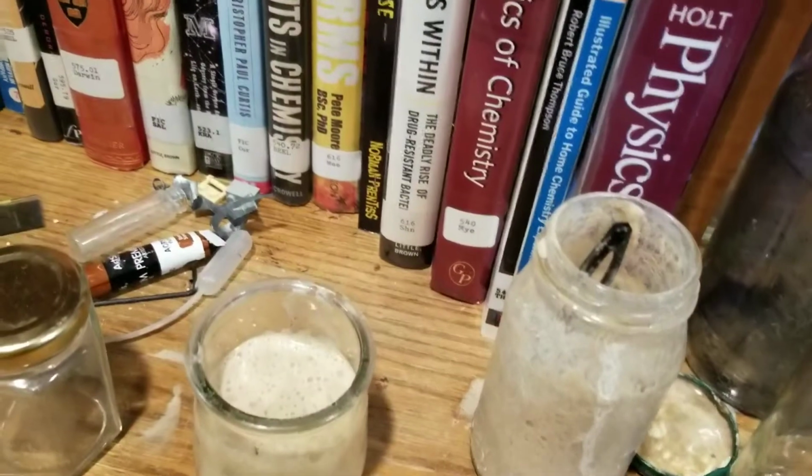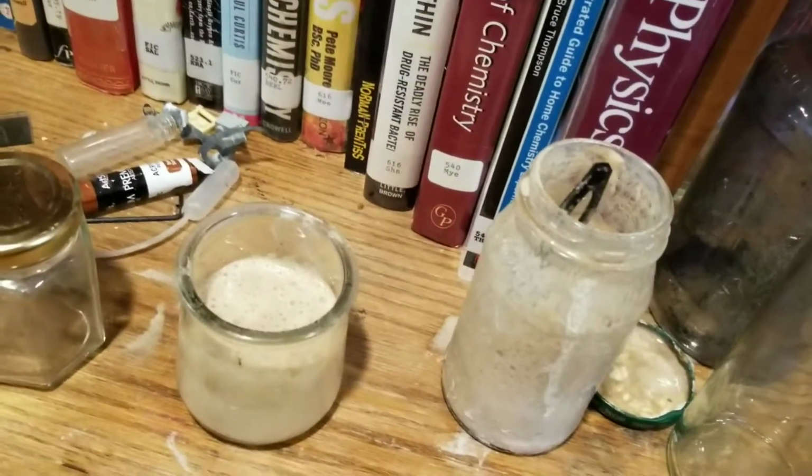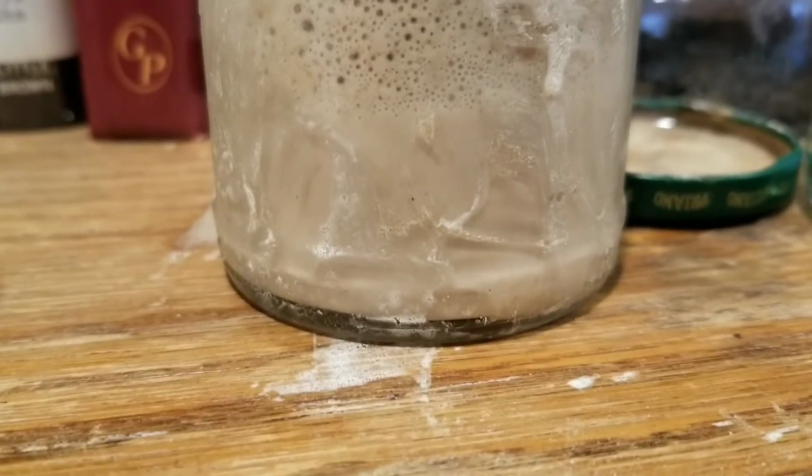Wednesday the 27th, and I just want to tell you guys that my yeast culture, it's bubbling. It's coming back to life, which is really exciting. Hopefully I will be able to filter this out soon and get the pure yeast, and I'm gonna use that for my next fruit fly culture, and also for my next